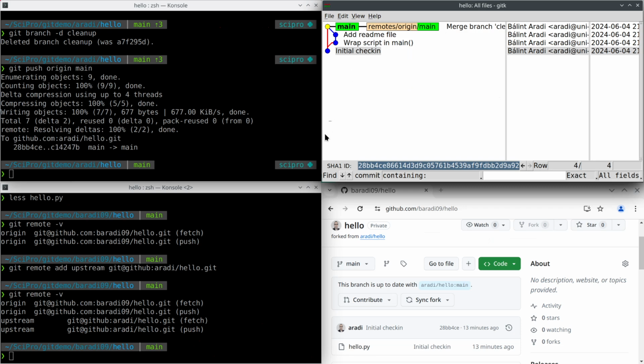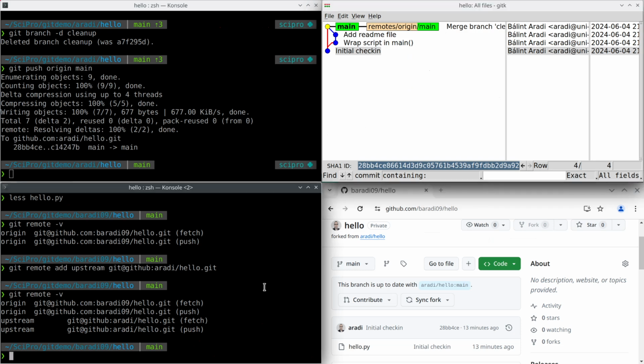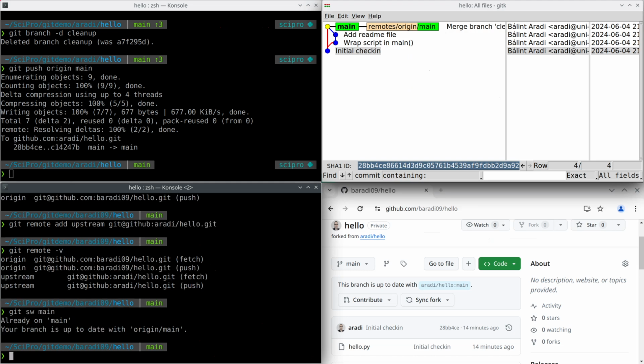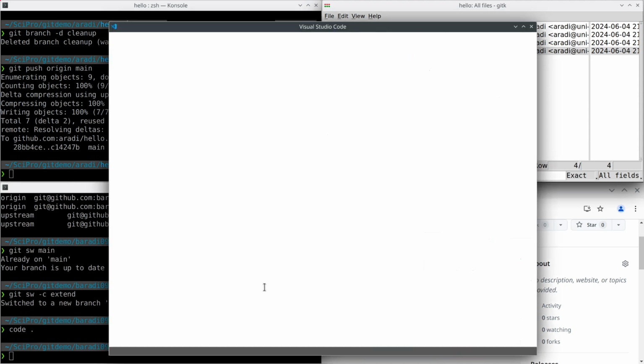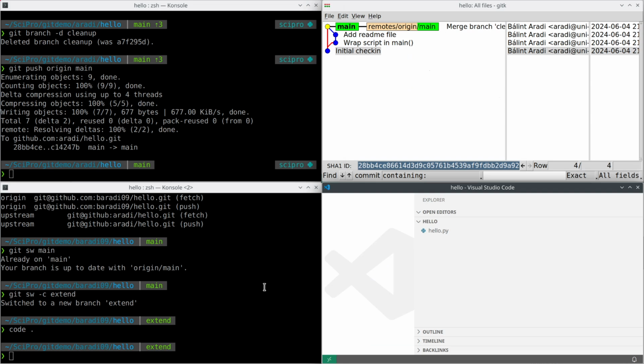So this is what happened on the side of upstream, but this is something the contributor didn't realize, because the contributor made its own fork and now starts to develop, right? Just make sure that the contributor is on the main branch. We were already, of course, and then the contributor creates a new branch with the name extend and switches to this branch, and then the contributor will start an editor and open hello.py in its original stage, how it was when we forked the project, and then we will just add